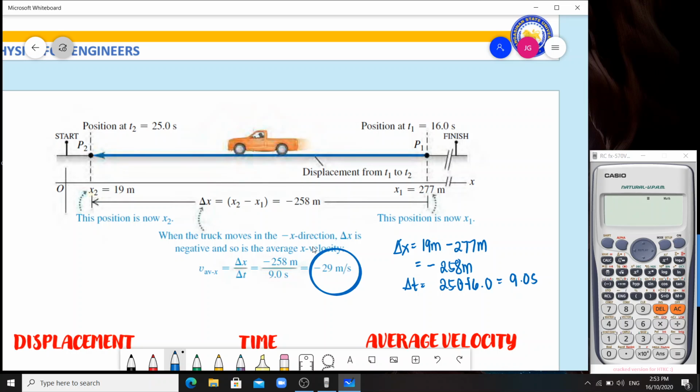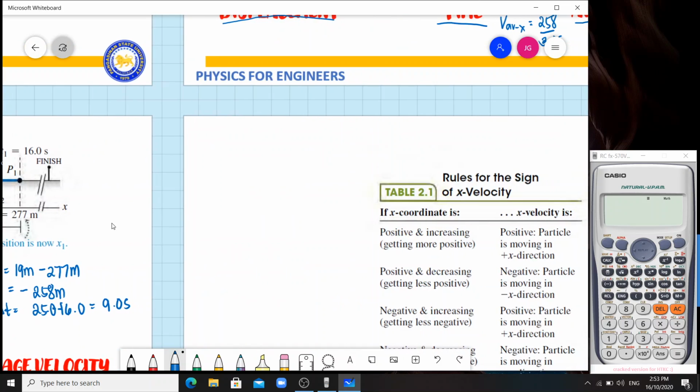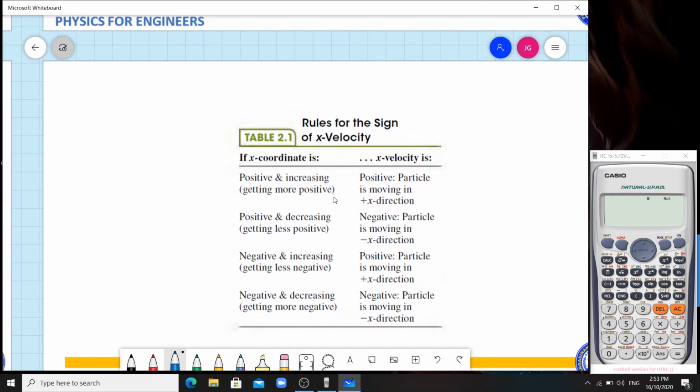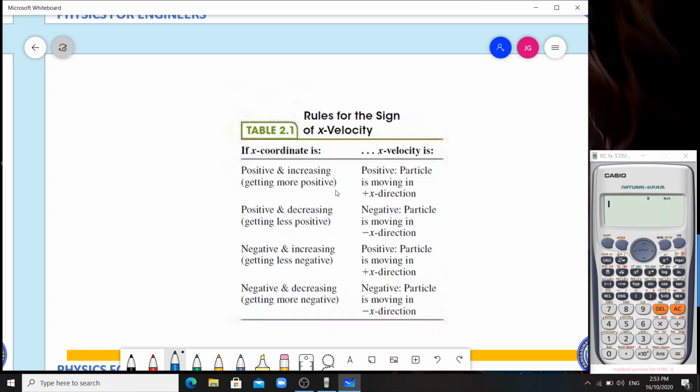This means the car or the particle is going towards the direction of your datum, with decreasing position, decreasing distance. So that's how the sign convention is used. That's what it means. You just need to understand that when our x-coordinate is positive,